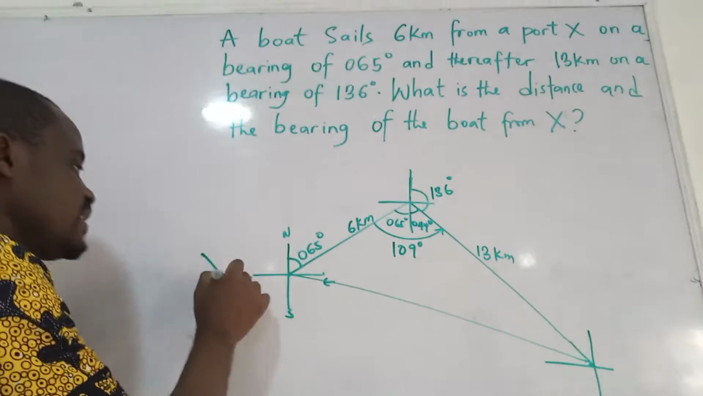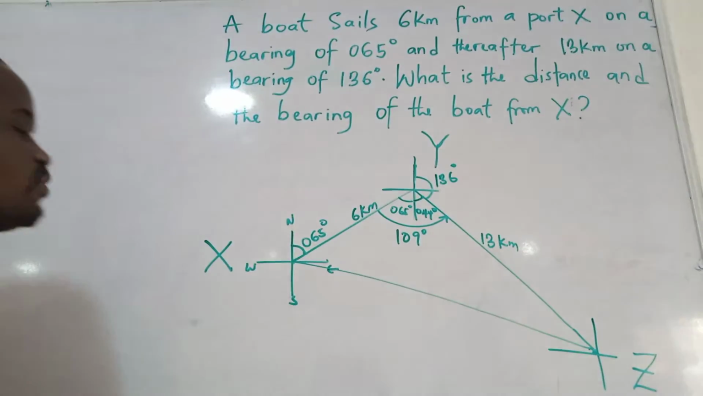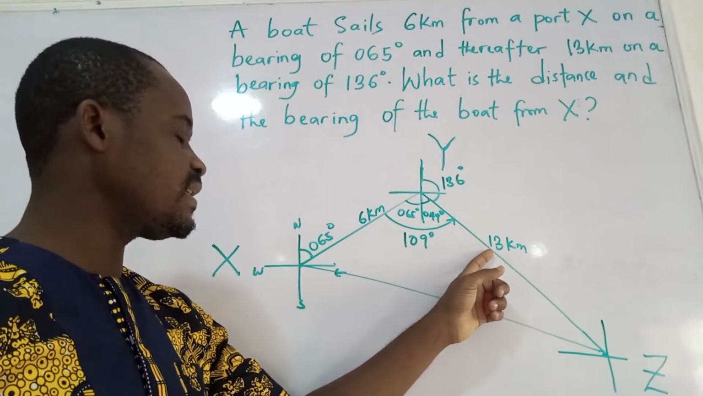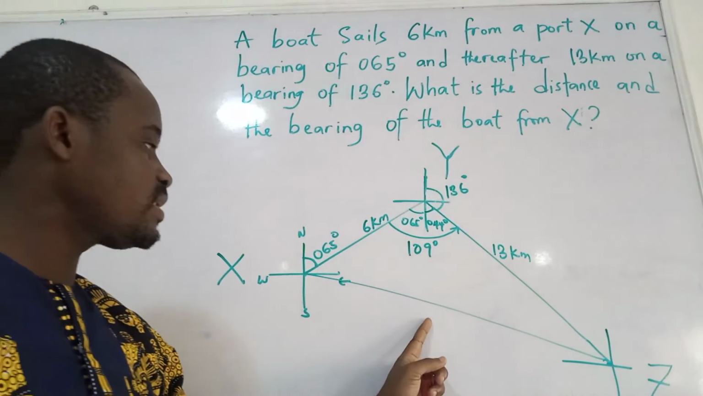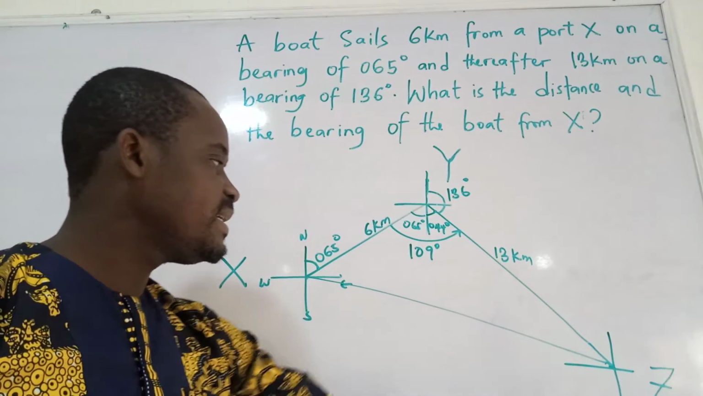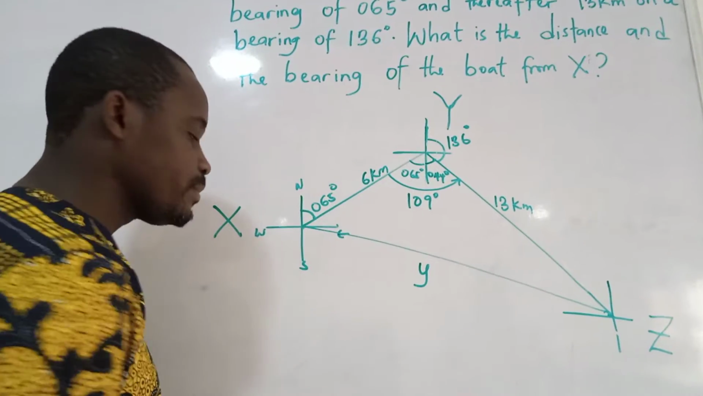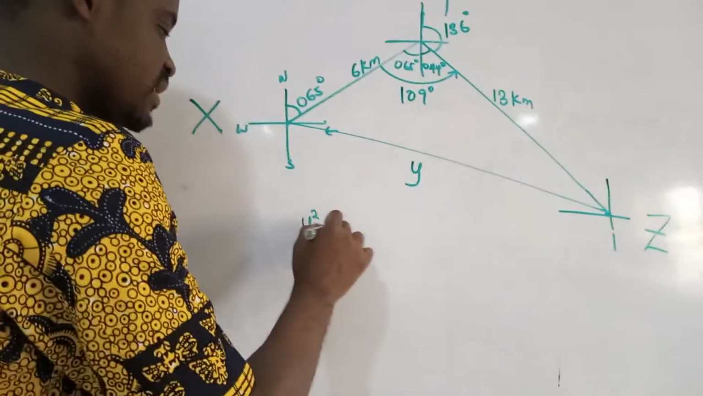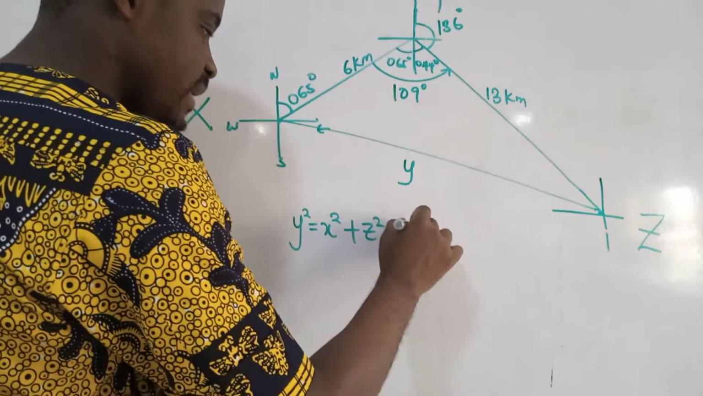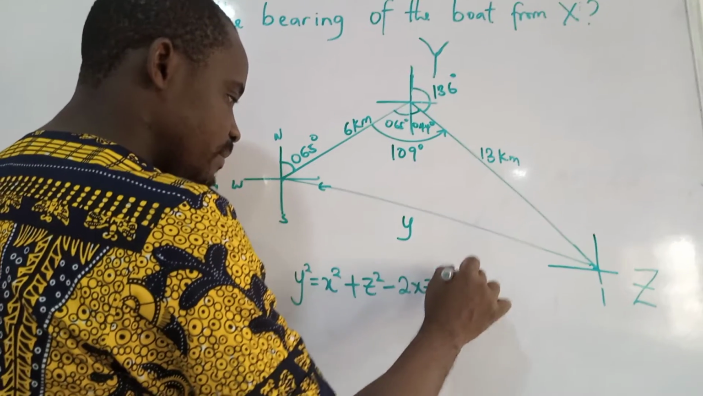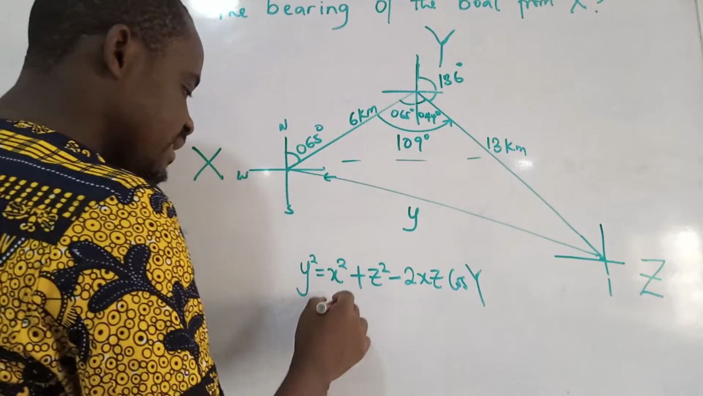Now, if this is x, this is y, and this is what? Z. The statement here is, whenever you have big X in this direction, 13 kilometers will be small x. Whenever you have big Y, small y will be what? And z will be what? 6 kilometers. So this is y. So from the cosine rule, y squared equals x squared plus z squared minus 2xz cos big Y. So x squared in this direction is 13 squared,